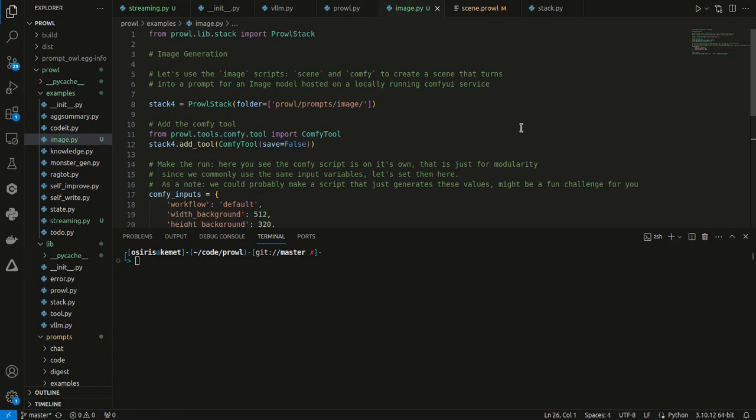Hello everybody. Today we're going to be going over the Comfy tool inside of PrOwl and how to use it in the PrOwl stack. So here I actually am just inside of the PrOwl repository, and I have this example that I put together